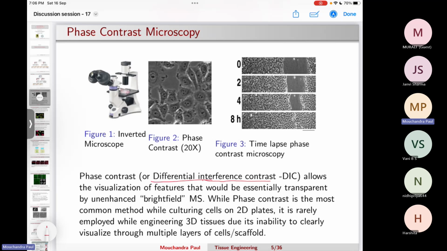That allows visualization of features that are actually transparent when you are doing bright field. So if any one of you get some free time, you can Google these various types of microscopy techniques like phase contrast, DIC, bright field,